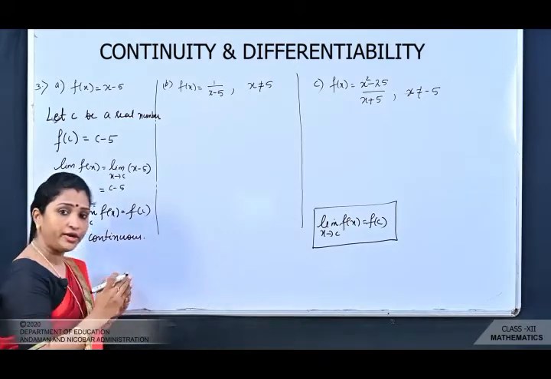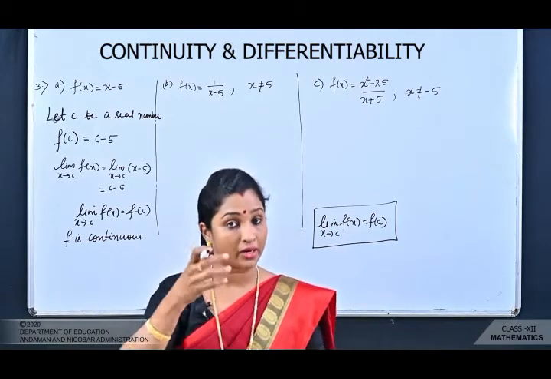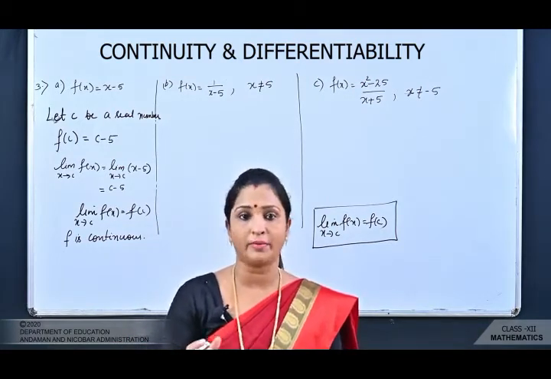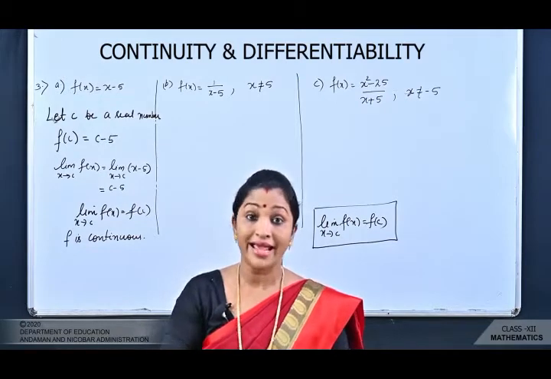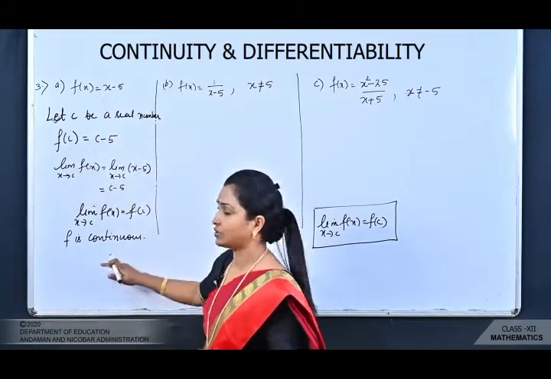Okay, so when the point is not given, what you are going to do? You have to take a point. आपको एक अलग से एक real number आपको लेना है. C हो सकता है, K हो सकता है, A भी आप ले सकते हैं. You have to take the real number and then on that real number, उस real number को आप ध्यान में रखें. You have to solve the question.